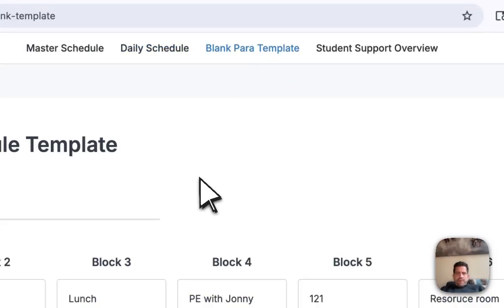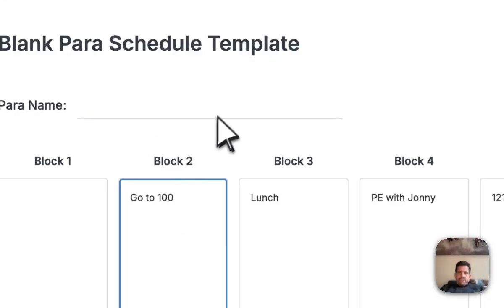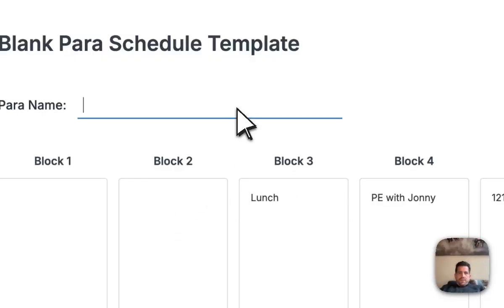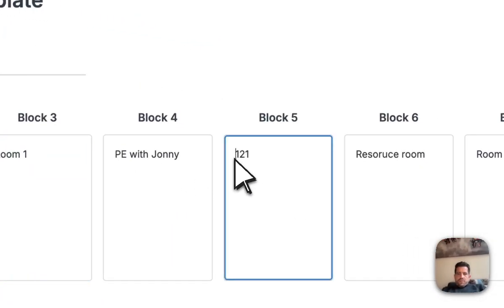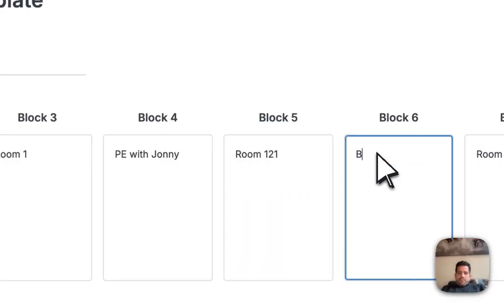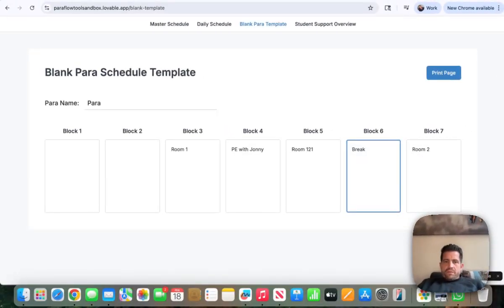Over here, you've got a blank para template. So this is just something that you might need quickly. Say you do end up getting a para that comes in block 3. You can whip that out pretty quick. Like you can see here, block 3, they come in. You can say room 1, PE with Johnny, room 121. And you give them their break, and then room 2. So this is just a quick tool to help you kick out a schedule